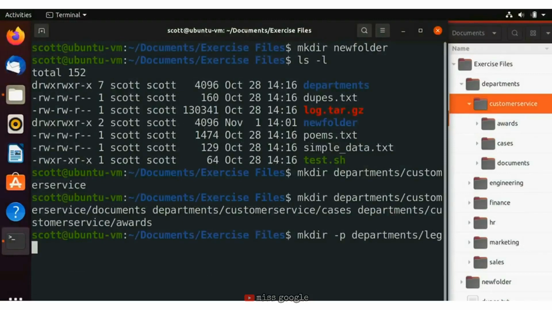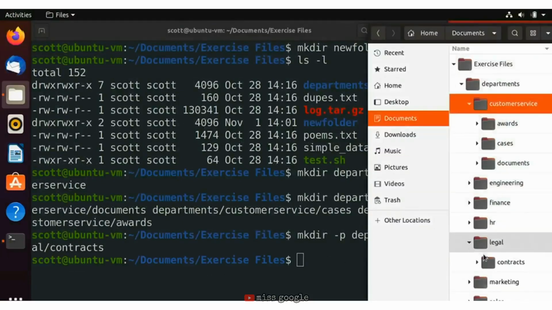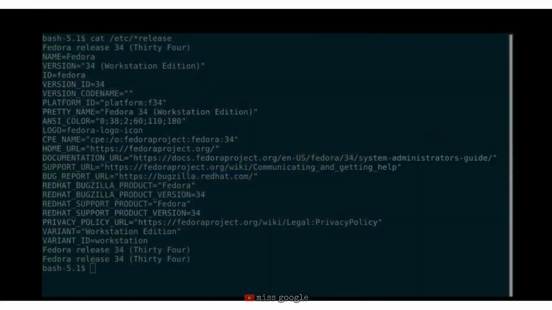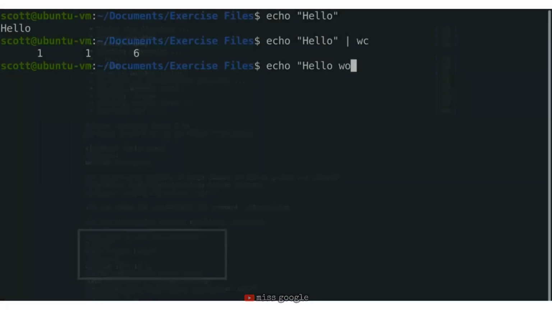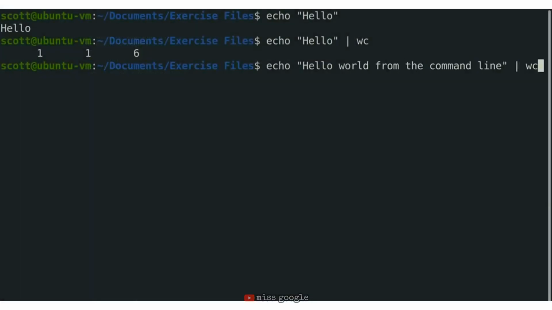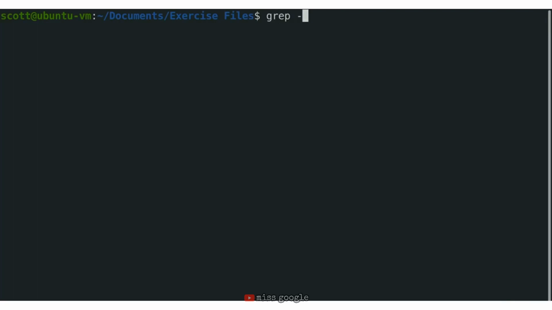I'll explain what the command line is and how its major parts work. We'll take a look at working with files and directories. And I'll explain how Linux protects files from unauthorized access with permissions. Then I'll show you some common commands and we'll see how to connect commands together with pipes. After that, I'll show you some of the more complex command line tasks you'll need to be familiar with in